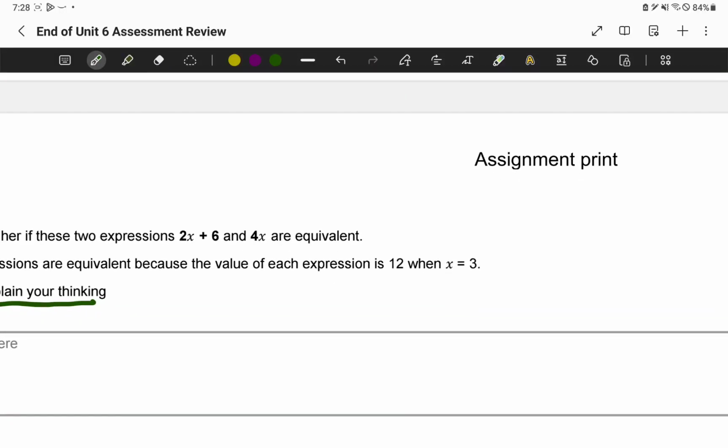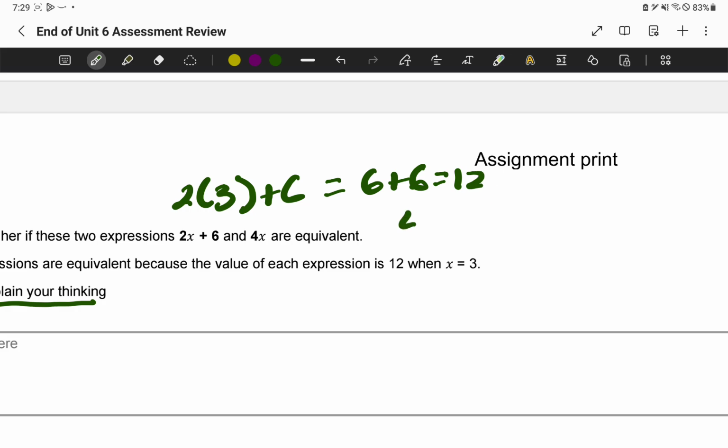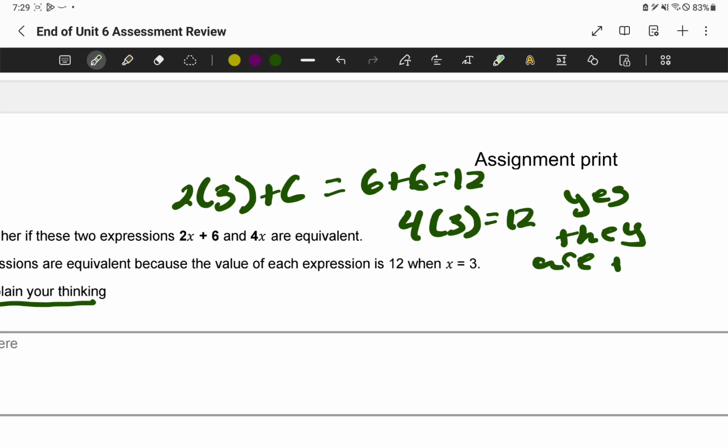Now, so if we look at it from her point of view, 2 times 3 plus 6. Well, 2 times 3 is 6, plus 6 is 12. 4 times 3 is 12. So, yes, they are